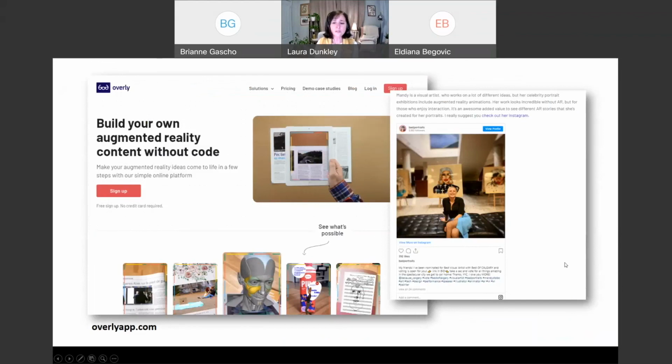If you want to get really creative and get into augmented reality, this is an online tool that you can use. And you don't need to have any coding background. There's various pricing. And so that adds to that experience and it adds to that value. So if you're doing a gallery and you want to do something neat and you want to create some stuff throughout,